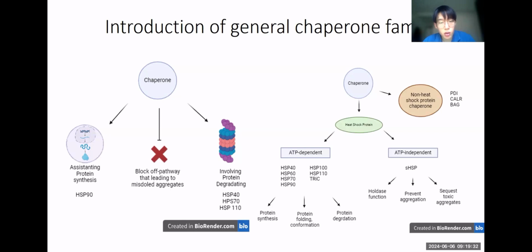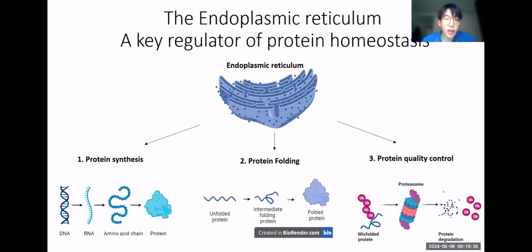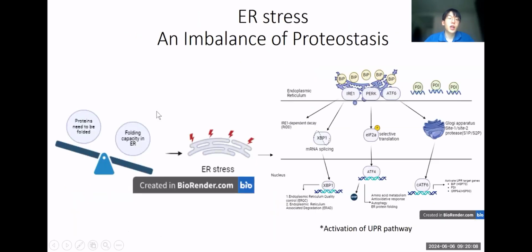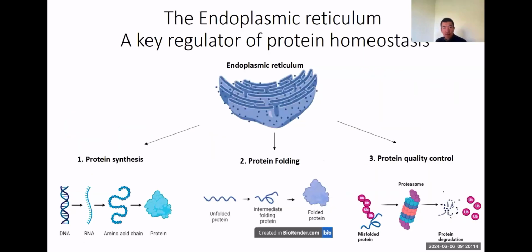Okay. And now I'm jumping to introducing an organelle within the human cell. It's called the endoplasmic reticulum. At least 2/3 of the proteins go through the endoplasmic reticulum to fold into their 3D structure properly before they are sent to their final destination. And within the ER, it also has the functions of protein synthesis, protein folding, and protein quality control. And what we know of ER, if we look at your figure again,